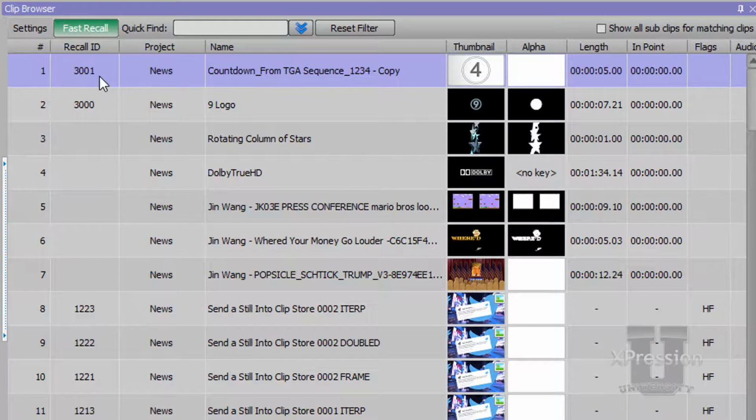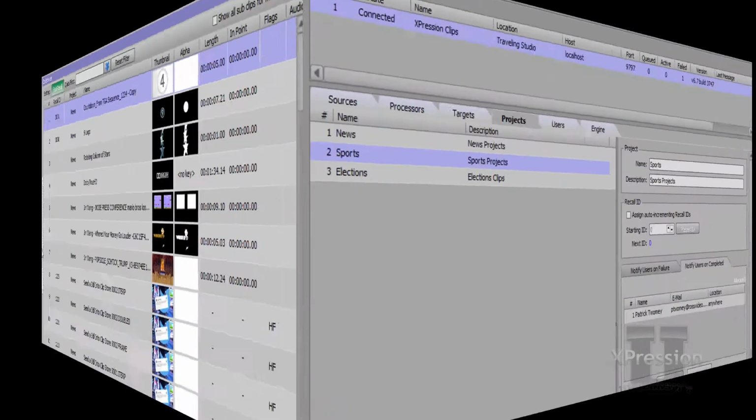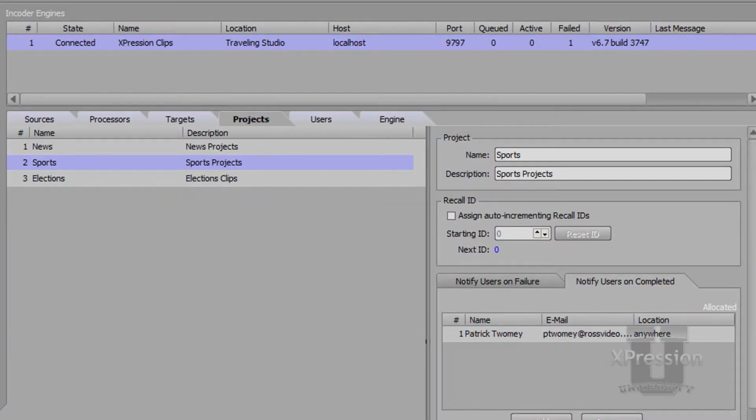Every time a new asset comes in, it will look at the encoder folders, it will look at the clip browser database and look for the next available ID. Now, back in encoder, what I want to show you is if I have different watch folders, for example, I have one for sports, I'm going to go to the recall ID for that project, and I'm going to set that one to start at